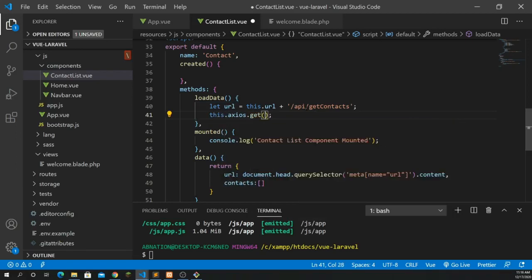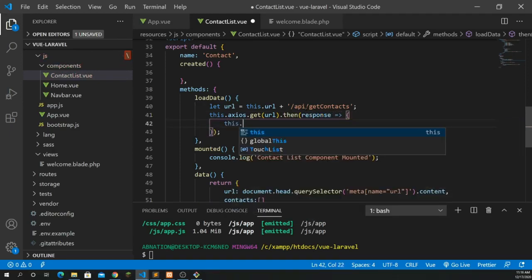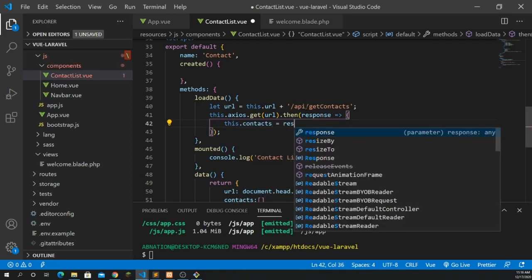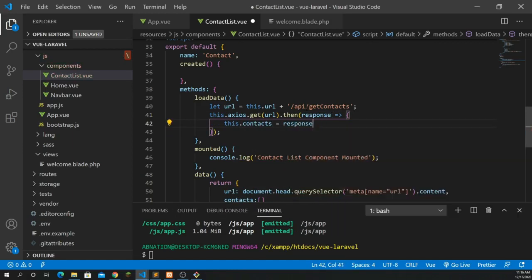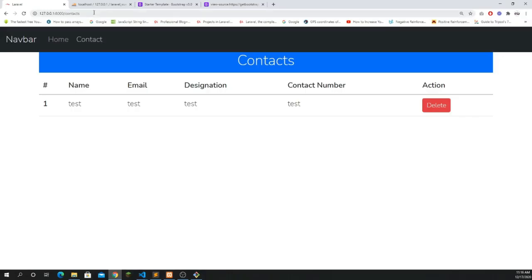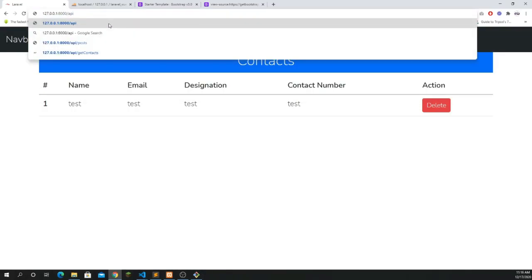So here I'm getting the request, so I'm using here get method. So now let's get the response. So then response and this dot context, which is the array we passed here inside the data, and get the data as a response. So response dot data. So if I want to show you, like if I go to /API